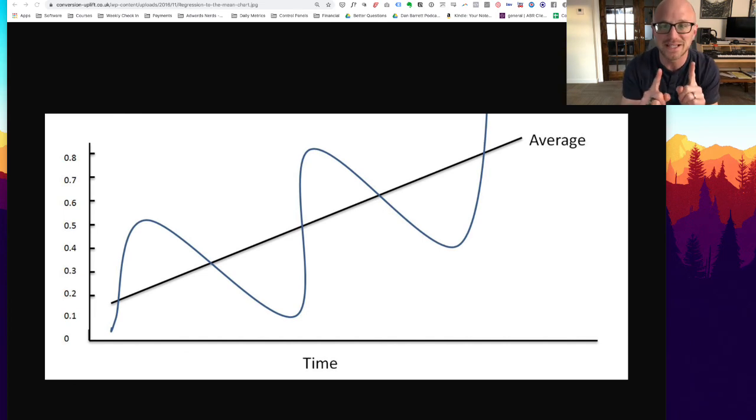You actually see this in financial managers. In studies of financial managers, companies fired one and hired a new one. Typically they hired someone who had amazing results. What ended up happening? The person with amazing results ended up regressing to the mean and underperforming. And the person they fired, who was underperforming, regressed to the mean and actually performed better than the person they hired. This is how you can fire an underperforming employee or agency or whatever, hire a rock star, and get worse results than if you had just stayed with the person you had.